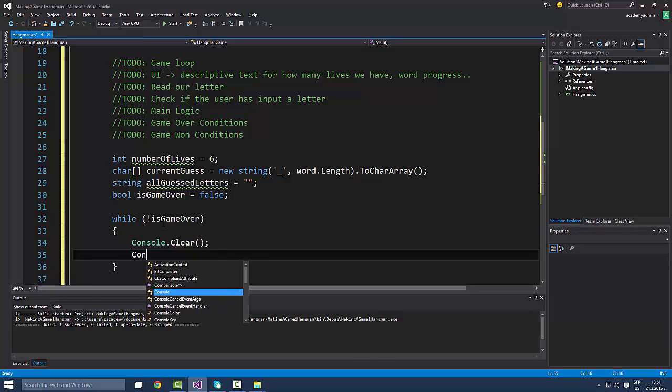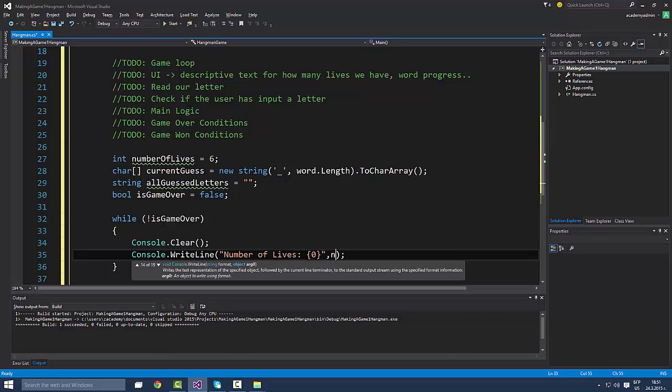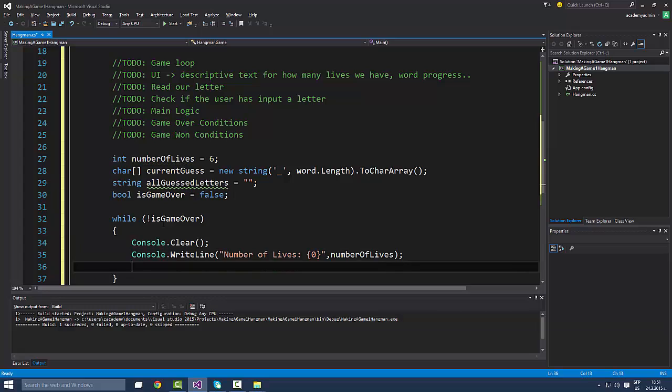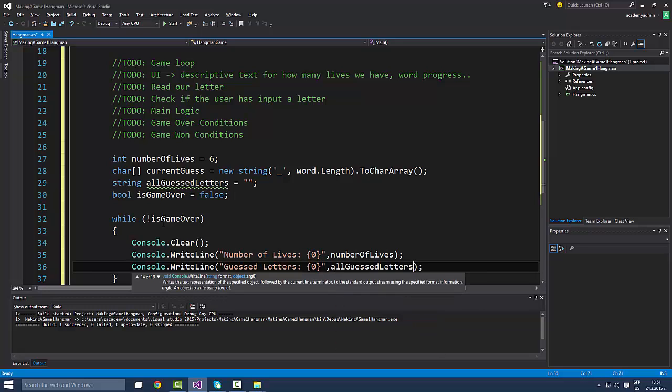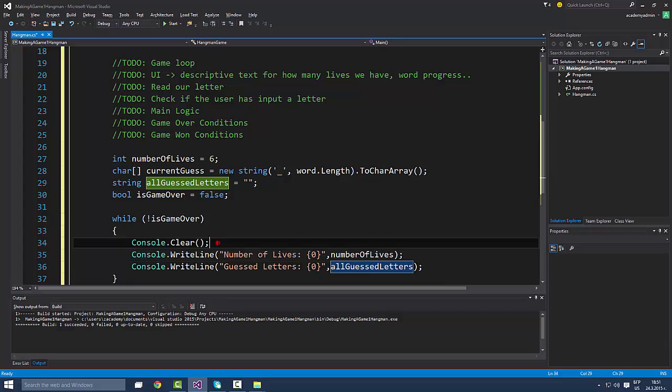Okay, then what else are we gonna need? So we would like to have number of lives, which is gonna be 6 at the beginning. What else do we want? We would like to have the guessed letters, or just all guessed letters. Okay. I suggest that at the top we put our